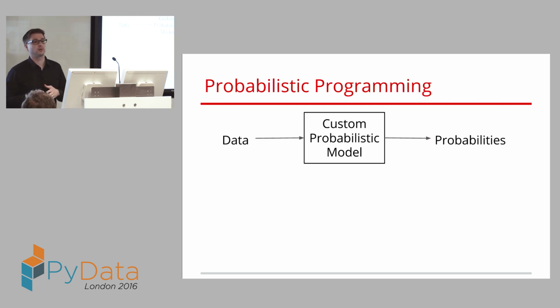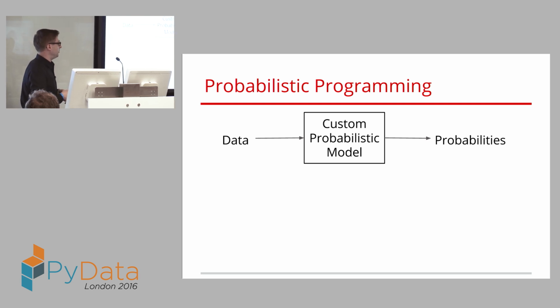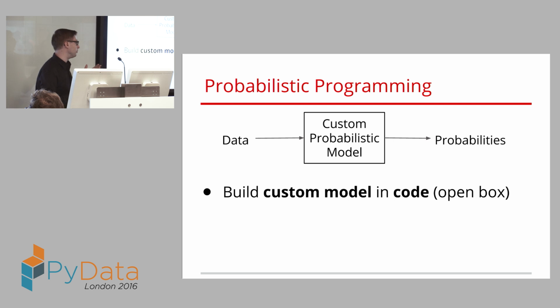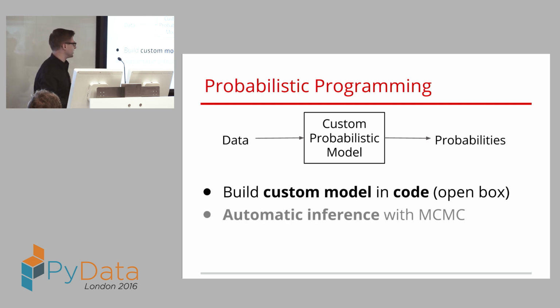Now, lastly, to contrast that with probabilistic programming, we have what I call a white box or open box, where you can build a custom model for the specific problem that you have. And that model is very transparent because you can just write that out in computer code and then just look at it. And the best part is, after you wrote that model in code, you can just automate the inference process. So before, with frequentist statistics, you had to do math to do the inference. Here, basically, you can run these general Markov chain Monte Carlo algorithms that give you the right answers, and they work on almost any model that you throw at them.